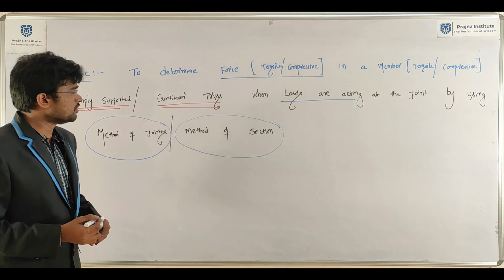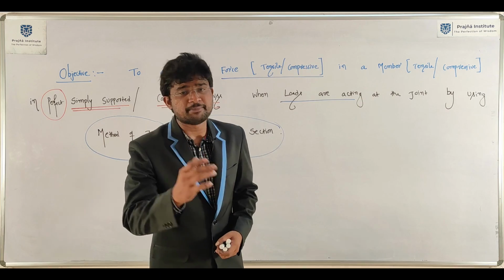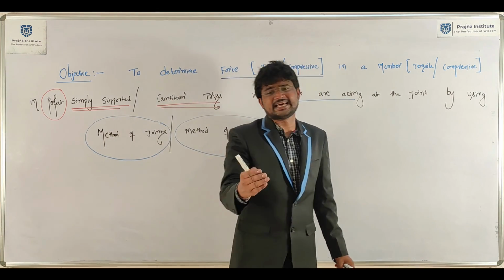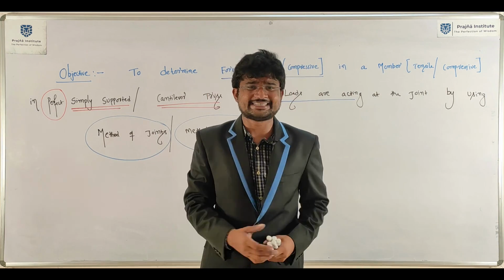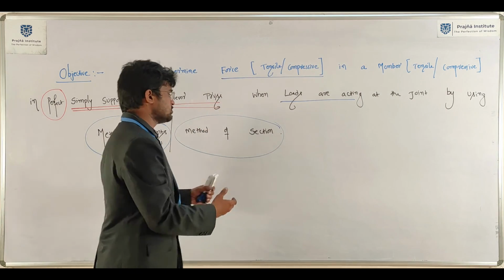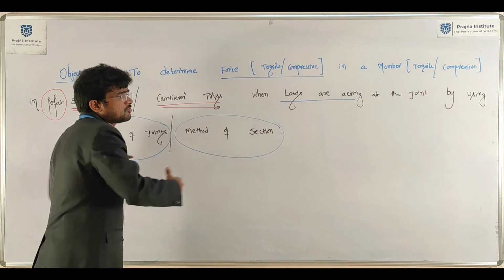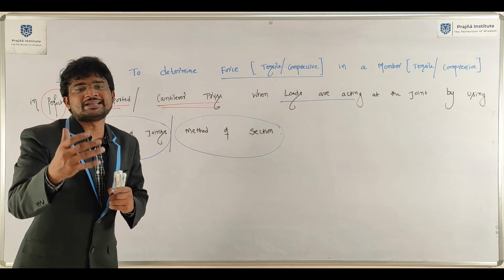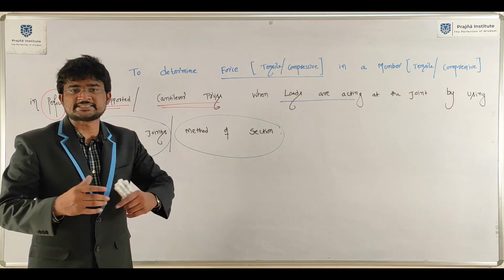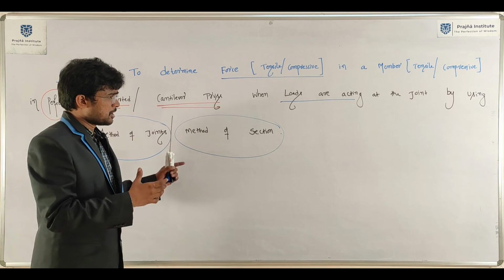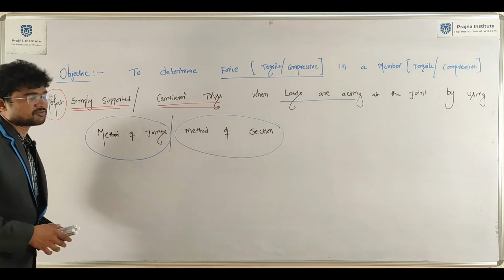After that, method of joints and method of section. In which case you will use method of joints, in which case you will use method of section, that depends on your maturity. In some cases you will get the answer in less time once you apply method of joints. Sometimes you can easily solve the problem by using method of section. That depends on the problem. Which method we need to apply to solve the problem, you will get based on some practice. We need to solve some list of practice questions. I think you will get a practice booklet on analysis of trusses.